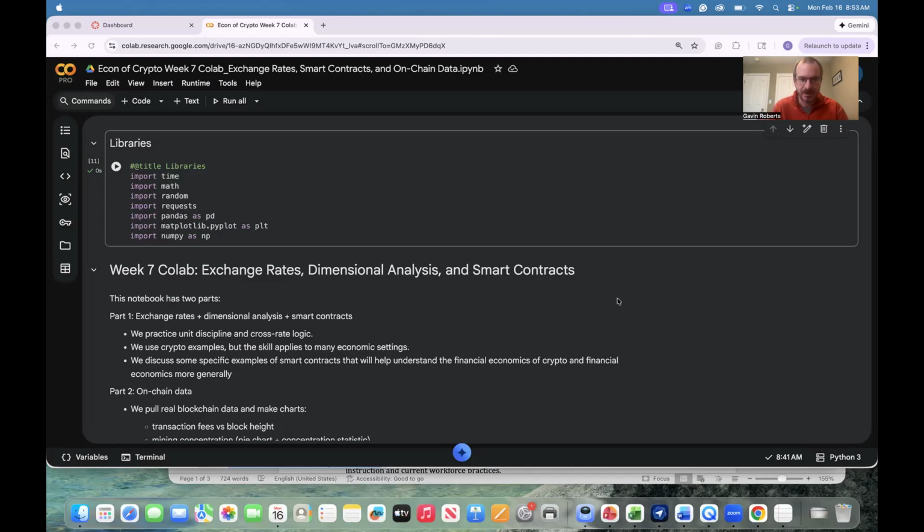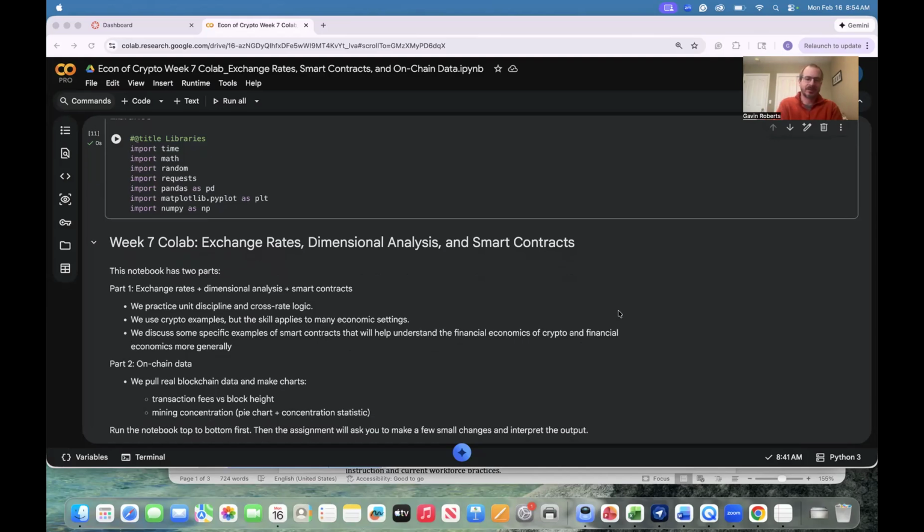Today, we're going to be talking about some exchange rate stuff, some smart contract stuff, and some on-chain data. I'll be deviating a little bit, going more deeply into some of the issues mentioned and discussed in the reading this week. The reading is a little bit longer, but it's not a very intense reading. A lot of it is information about the current Bitcoin infrastructure, or I shouldn't say current, because some of those things have changed since the writing of the book, and we're going to talk about some of those today.